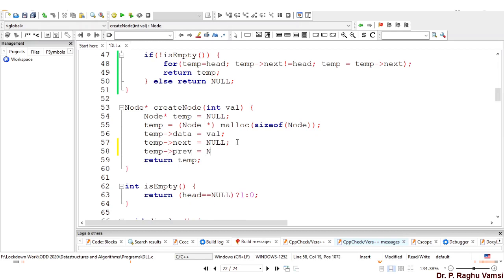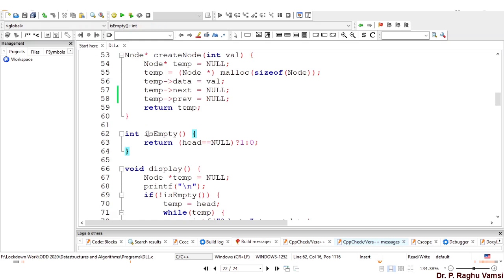Temp previous is equal to null. So now creation of node is over. So you look at here, my way of coding is completely different. What I will do is I will use the same code with small modifications so that you will get the new data structure implemented. So I recommend you to go through my previous videos. At the same time, you follow the coding so that you will understand without much effort how you can develop the code. Okay. So this creation of node is over.